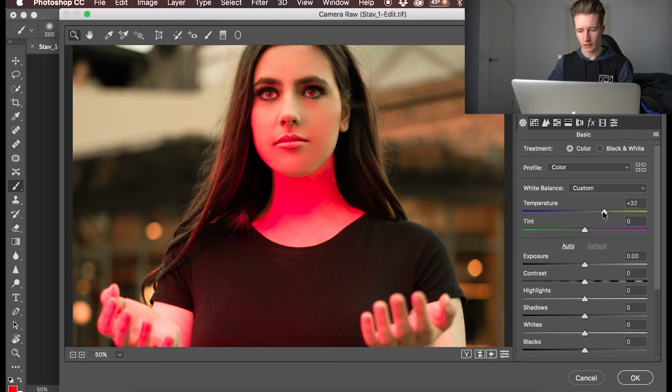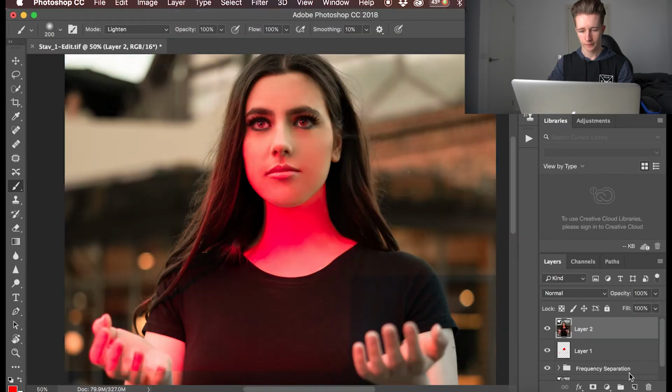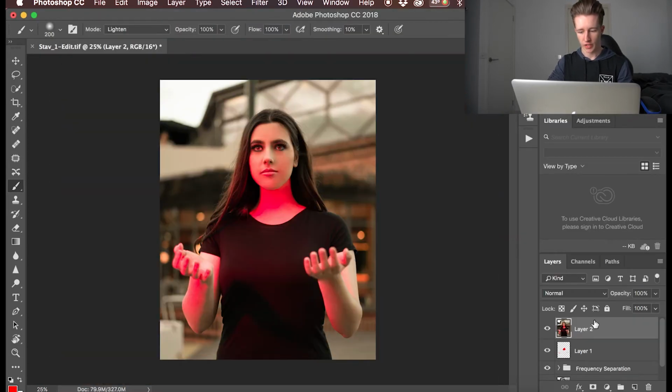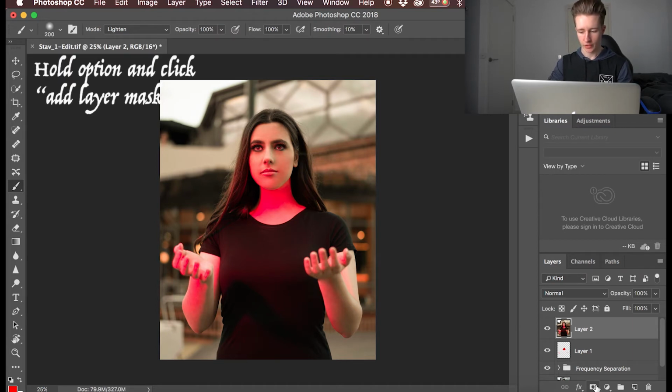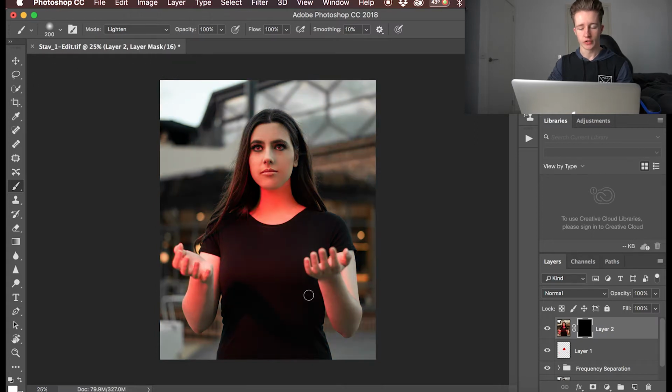Go back here and then adjust the color temperature a bit again and add some purples in too. Now I'm going to click OK. Now you can see that's a pretty drastic adjustment, so what we're going to do is add a layer mask to that. So hold Option, then go down here and click Add Layer Mask, and that's just going to add a layer